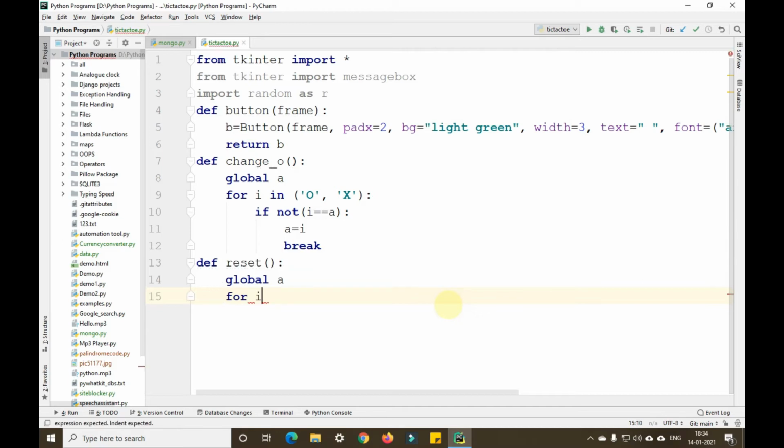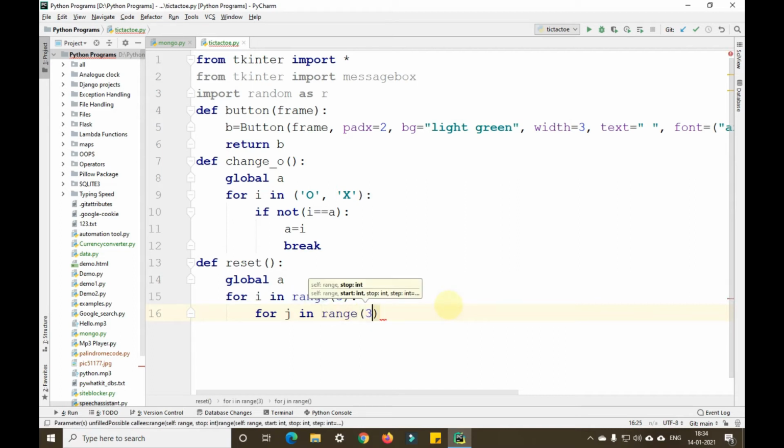For i in range of 3. Since in tic-tac-toe we have 3 rows and 3 columns, I'm taking the first for loop for rows and the second for loop, for j in range of 3, for columns here.